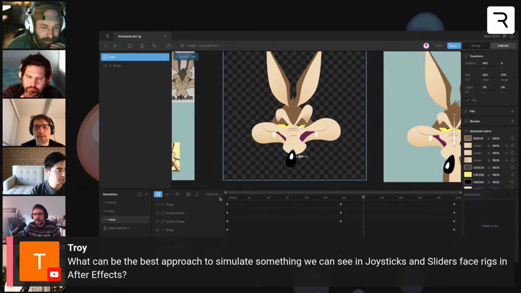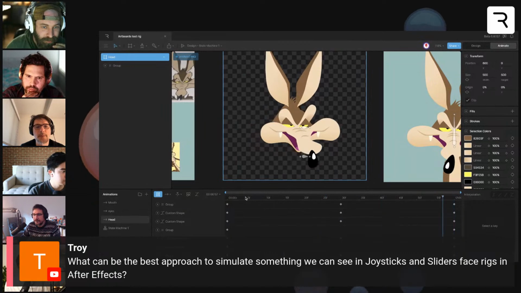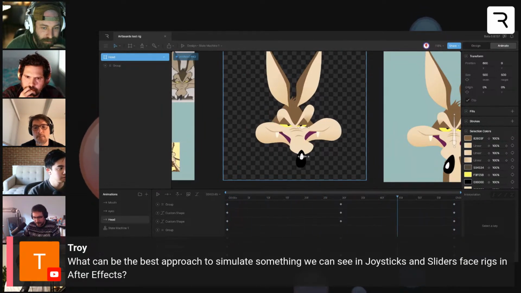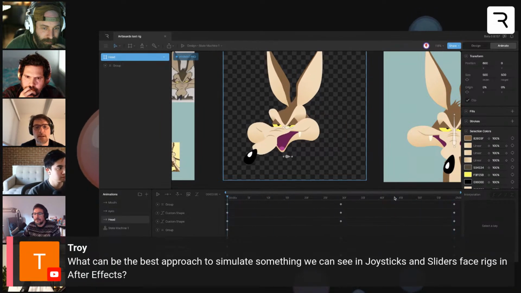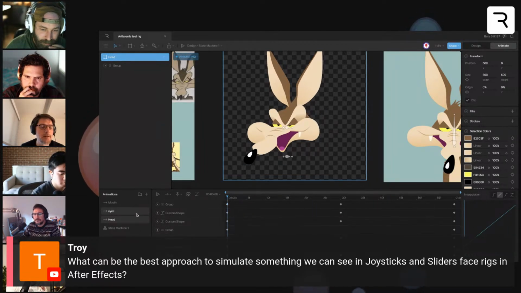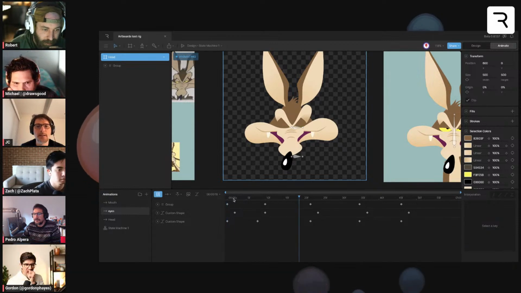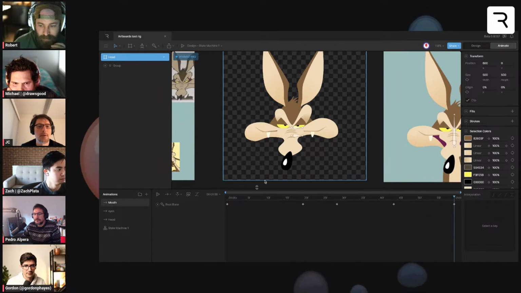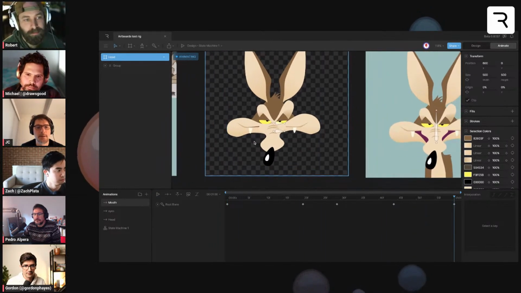For example, this is a simple animation of the head, and you can see that here I only use one direction like this, and I don't use interpolation, nothing. It only moves from one side to another. Here is the blink, and this is the mouth. This is very simple. All this in the same board.